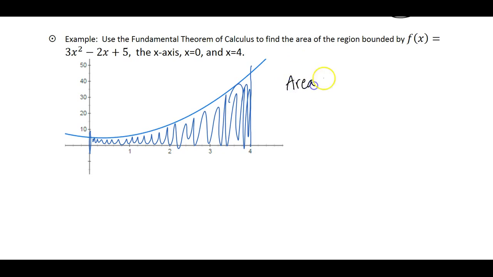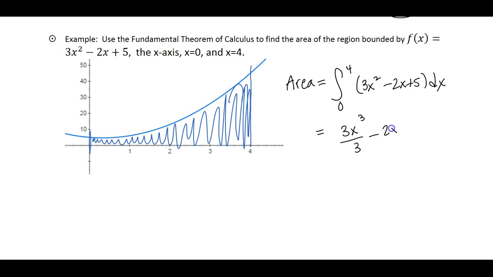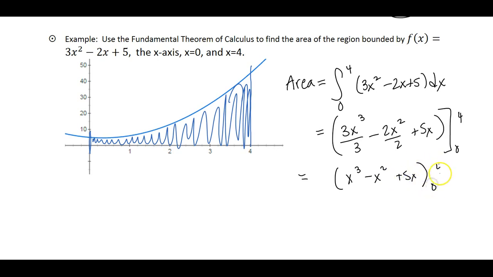So the area would be the integral from 0 to 4 of the function, which is 3x squared minus 2x plus 5, with respect to x. So that's going to be 3x cubed over 3 minus 2x squared over 2 plus 5x. And that's going to go from 0 to 4, or just x cubed minus x squared plus 5x from 0 to 4,